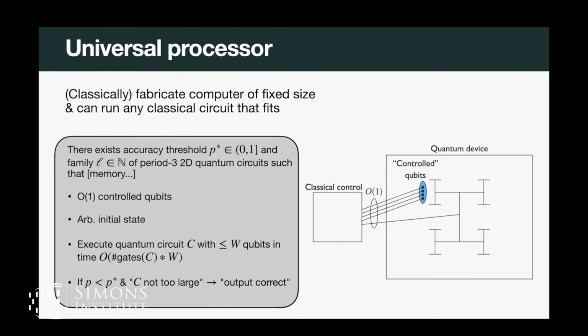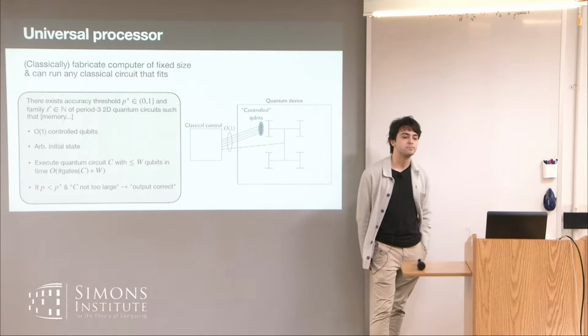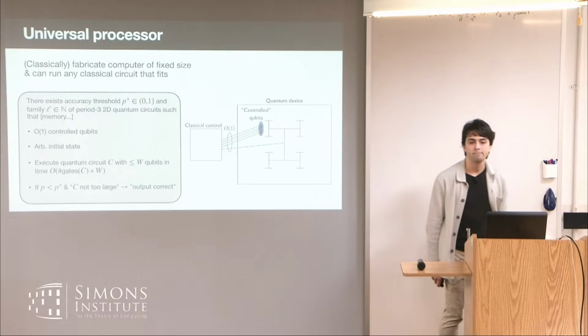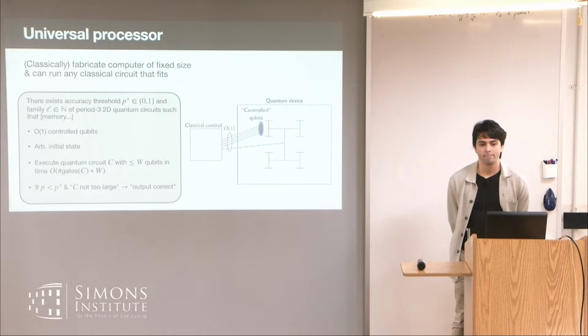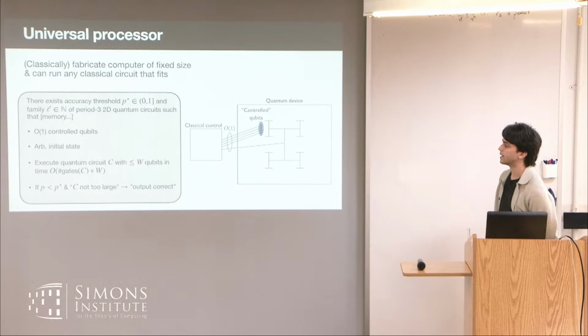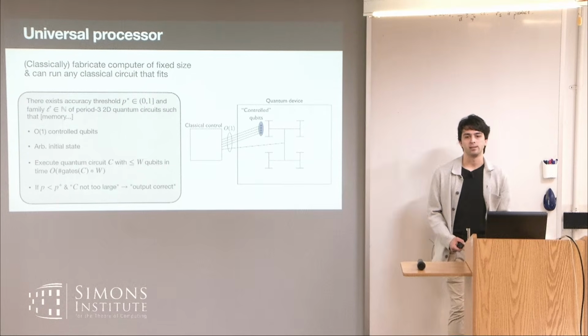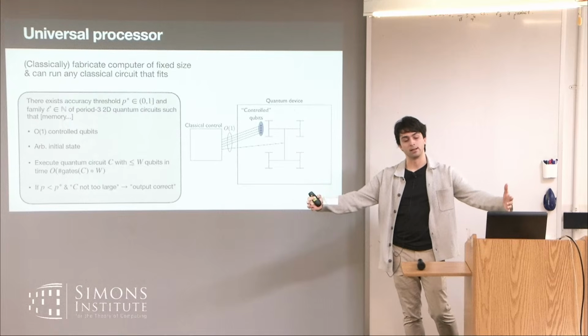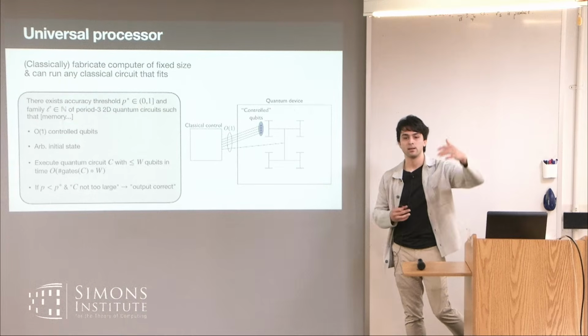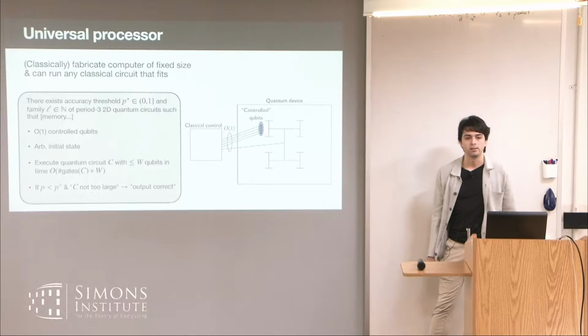And I should think of the control qubits as receiving a stream of classical control bits that they need to execute? Yeah, yeah. And in fact, we're just using this in a classical manner. Yeah. But just to clarify, when you say the circuit is not too large, is the dependence different from the usual threshold theorem? I actually have two parameters, which makes it really annoying. You fabricate this thing ahead of time, saying this is the maximum space that I'd like, and this is the maximum depth that I'd like. And yeah, it's really troublesome.